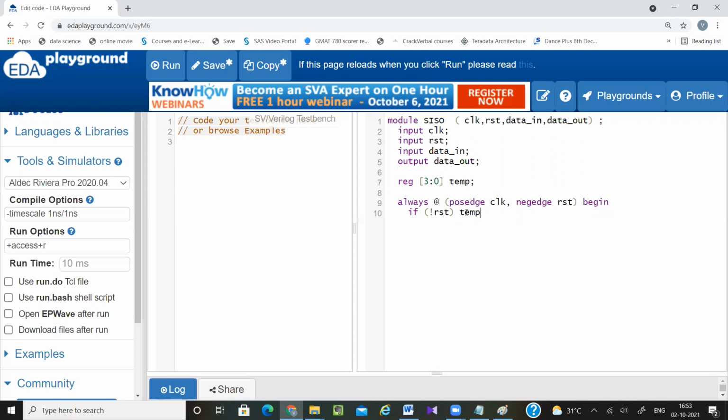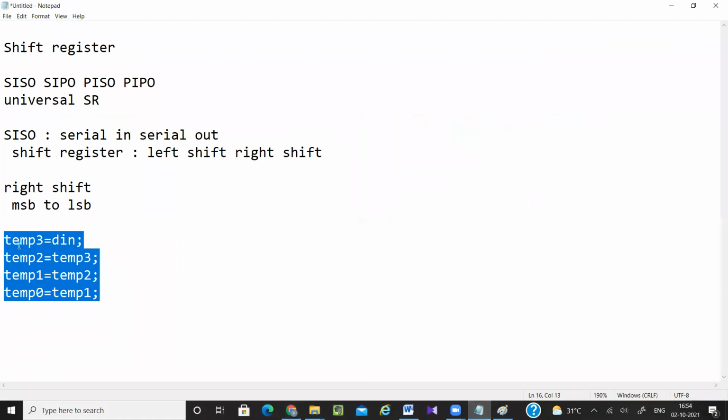So here temp equals 0, or I can write 4'b0000. Else begin.